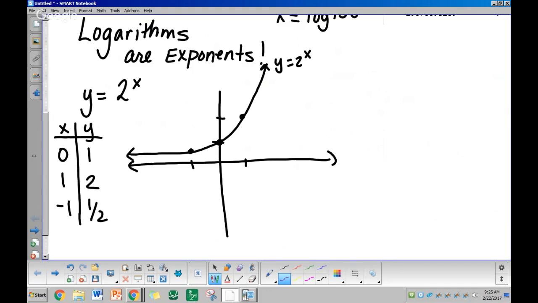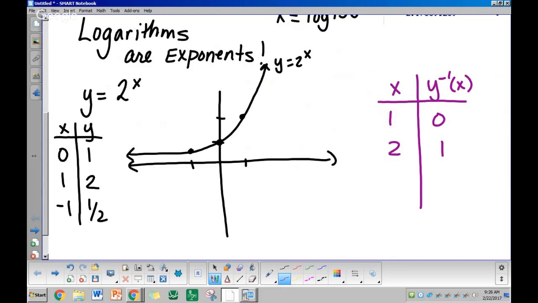So let's do what we like to do to find inverses. So if I put x here and I say y inverse, what are we going to do to get that? We're going to just switch these points. So we're going to put 1, 0, 2, 1, and 1/2, -1. So let's plot that function. That function is going to pass through 1, 0, 2, 1, and at 1/2 we're at -1, sorry. And so this is the graph of the inverse,